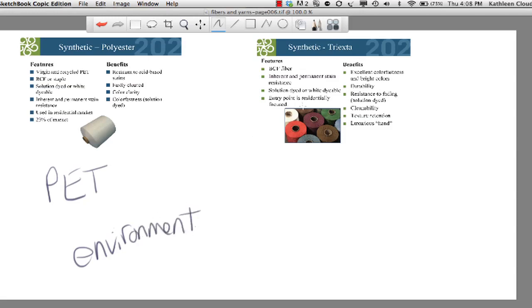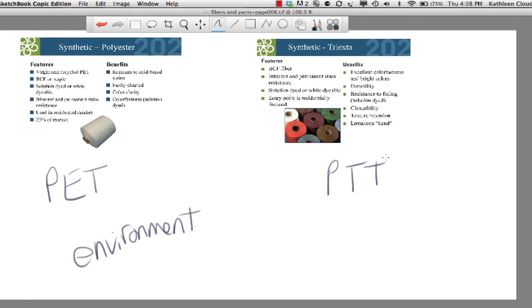Now let's go on to synthetic triexta. In March of 2009, the Federal Trade Commission approved a new generic fiber subclass name and definition, which is triexta, made from PTT. So PTT stands for polytrimethylene terephthalate. Triexta is manufactured as a bulk continuous filament, a BCF, which can be manufactured by a carpet mill or independent